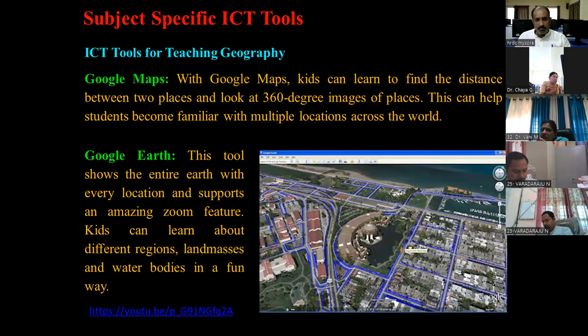And that's what is supported by the ICT tool, and that's Google Earth. Now I have one video. I don't know whether I think it will take you to YouTube, right? So let's check it offline, maybe this material will be shared with you, and you can just click on that YouTube link and you will see the Google Earth features, right?